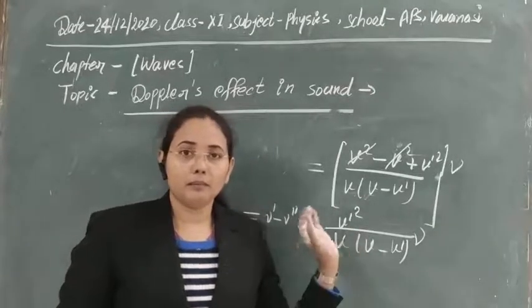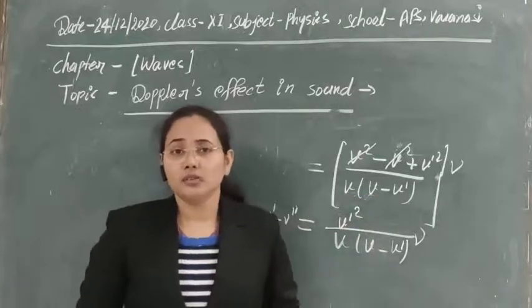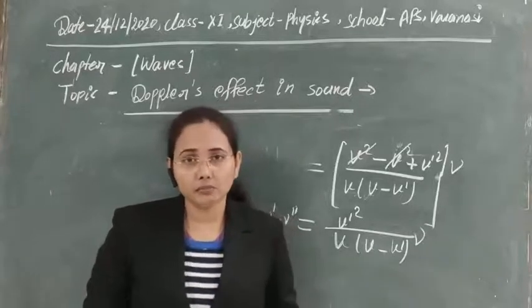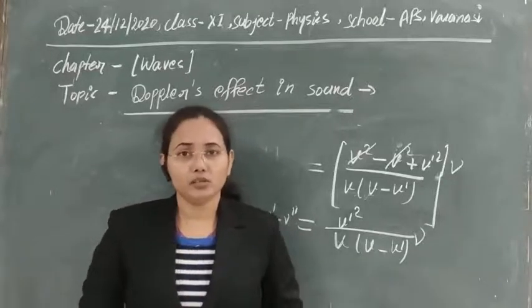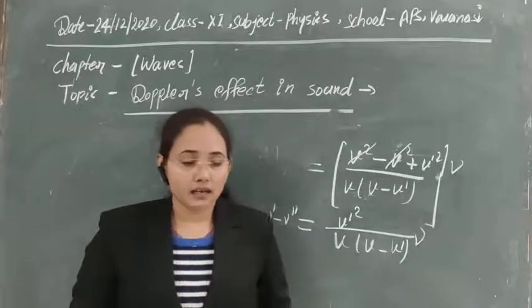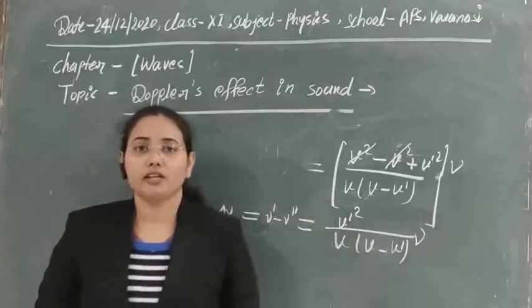The number of properties, concepts and derivations we have taken here, I think there is now no confusion in understanding the change in frequency of sound by any relative motion, why it is changing in different ways, and why we are getting it. And now, where can we use this knowledge of the Doppler shift in our daily life?